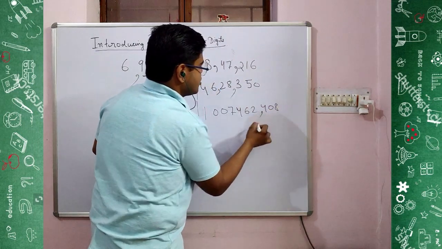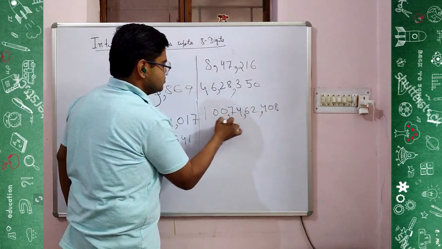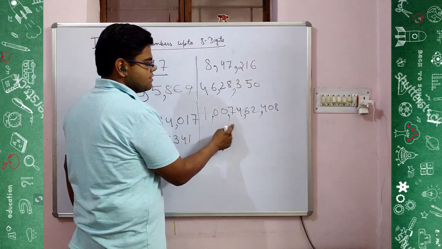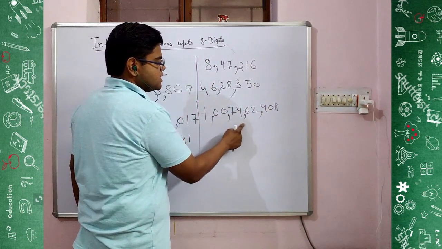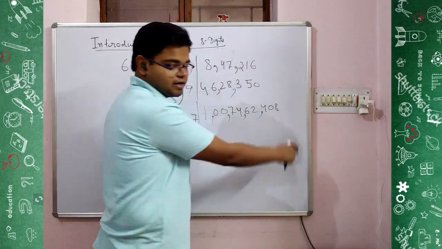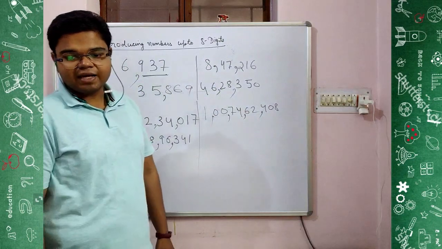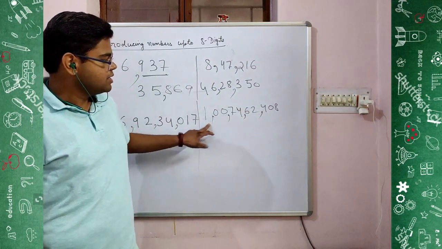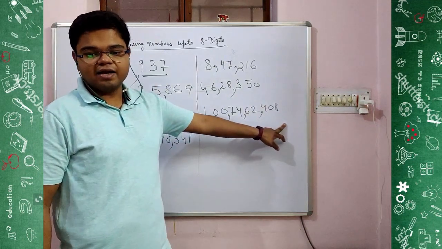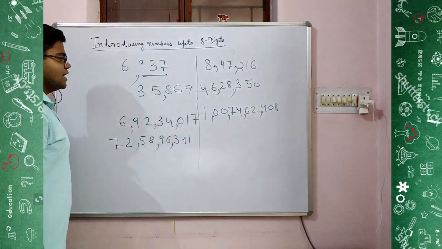Okay, a comma after 3 zeros, 2 2 2. So this will be your 1 Arab 74. This is your lakh period. 74 lakh 62,408. 1 lakh 74, 1 Arab 74 lakh 62,408. And the last example that we'll be looking at,